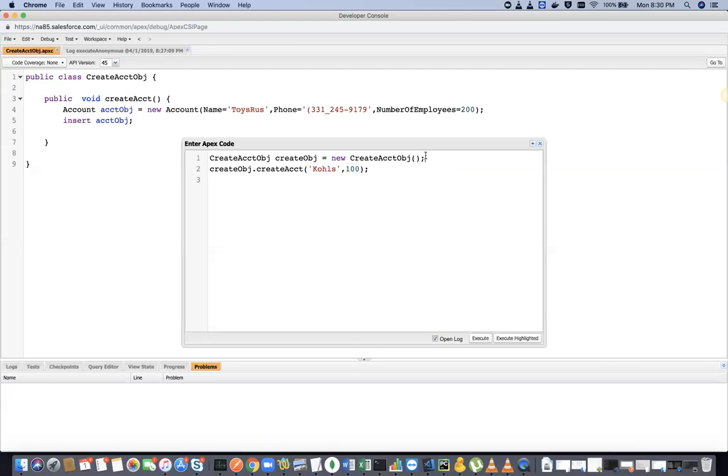I mean, you can do all these gimmicks. I can have a string ACCT name equal to Coles, whatever. It's all the same. I'm just going to use ACCT name here, passed. Number of employees, integer, will be 200. You can pass it here. So those are all things we have already seen multiple times. We don't want to waste time there. I'm just passing the values. That's the whole idea. And then I'm getting here